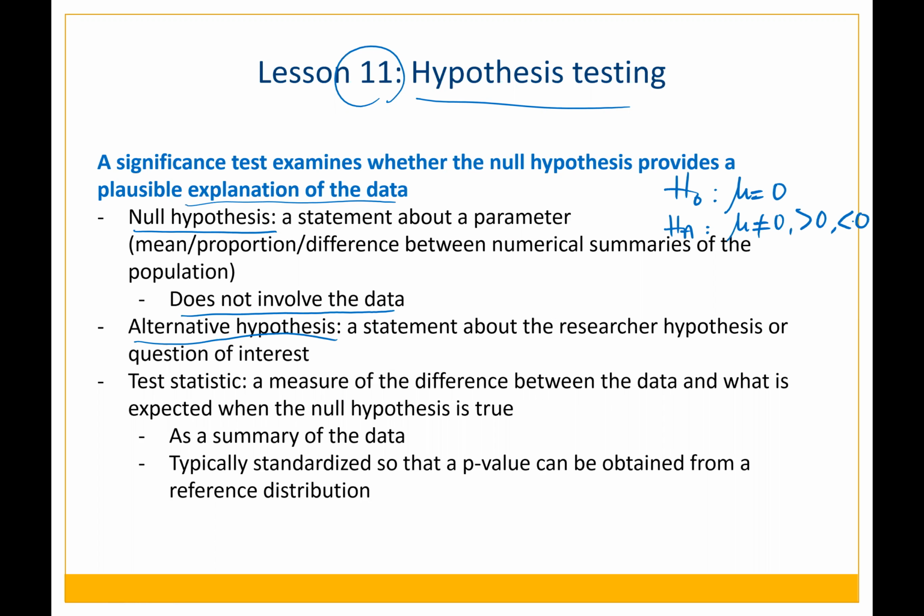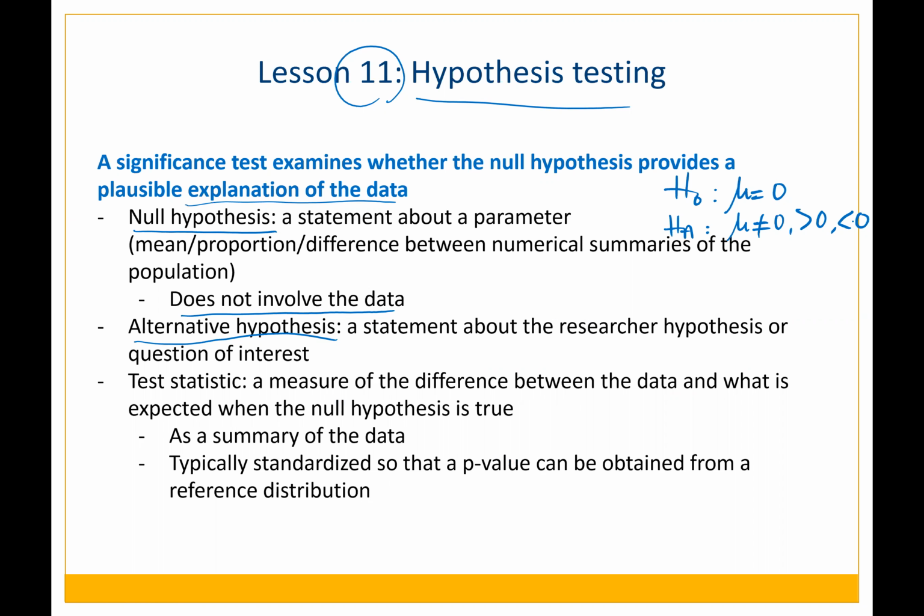After we identify the question of interest and the null and alternative hypothesis, we have to identify what test statistic we're going to take from the sample of data, and then compare that with the value in the null hypothesis, and make our conclusion based on the p-value and the threshold of alpha